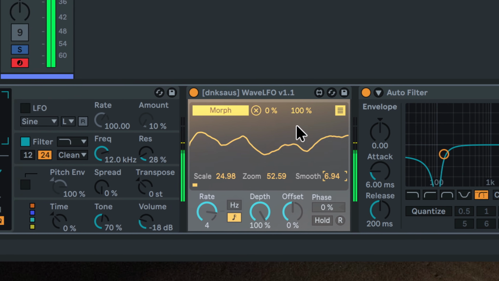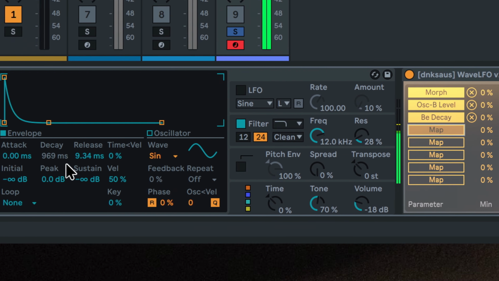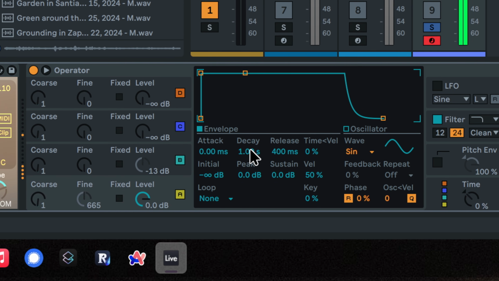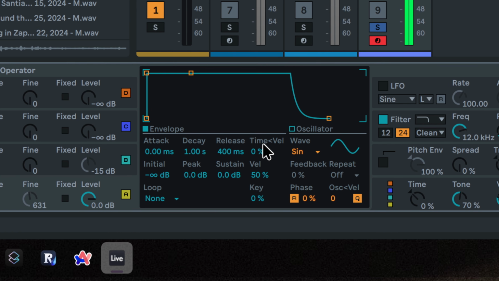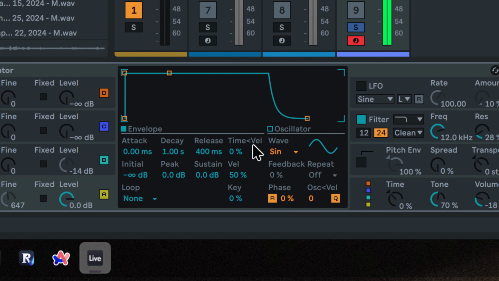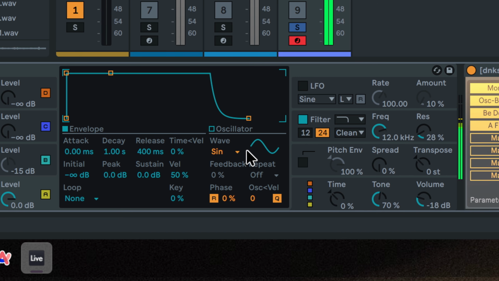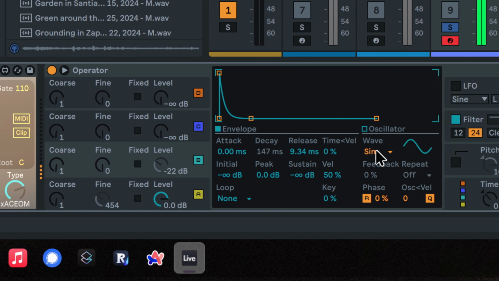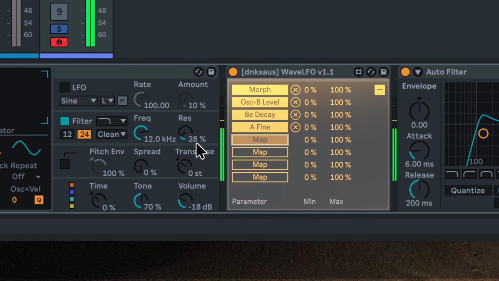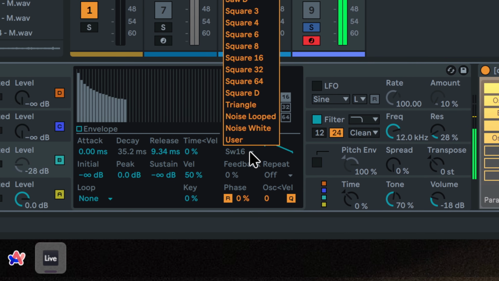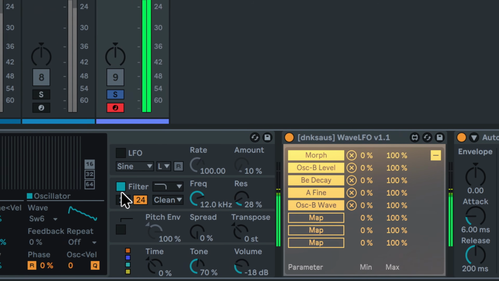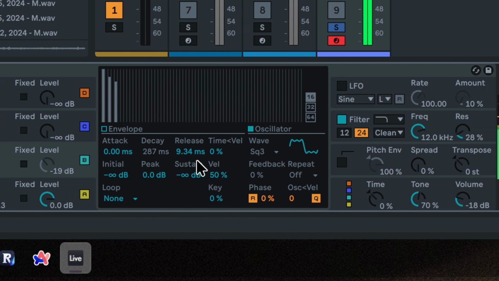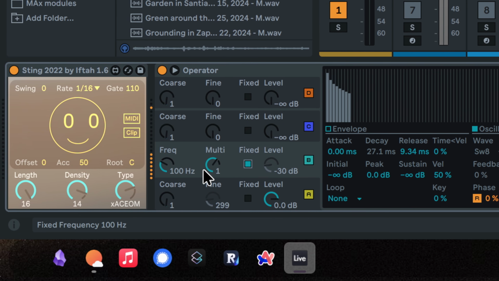Maybe we map it even on the fine tune. And we even could do it on the wavetables. And then make it fixed.